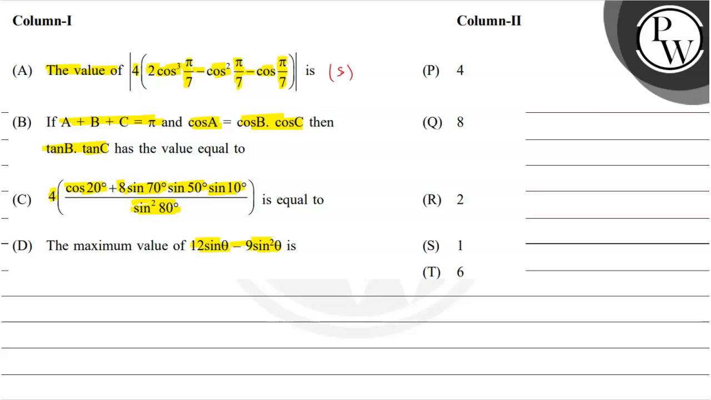Second part of the problem, we have been given A plus B plus C equal to pi, and cos A equal to cos B times cos C. Then tan B times tan C is equal to what? So in the B part, we have been given A plus B plus C is pi, cos of A is equal to cos B times cos C, and we have to find tan B times tan C. So I'll be listing out the key concepts, and basically we are going to be using trigonometric identities